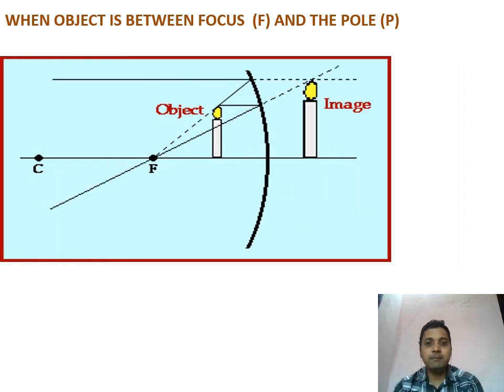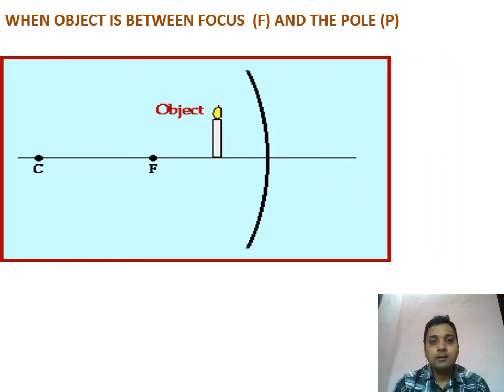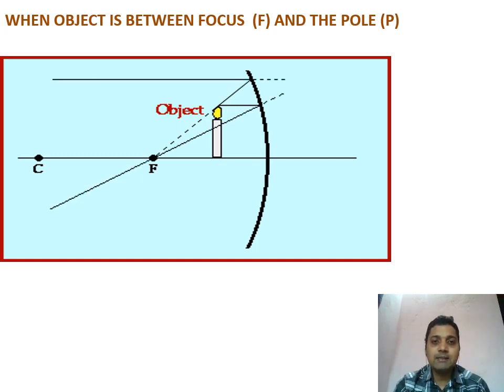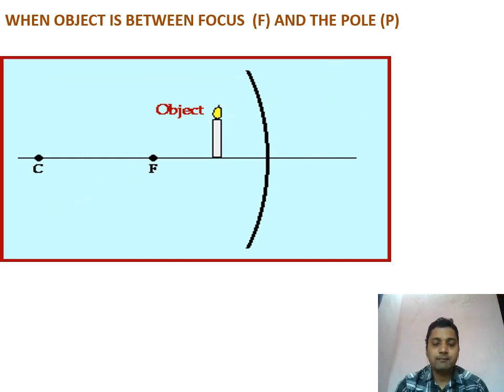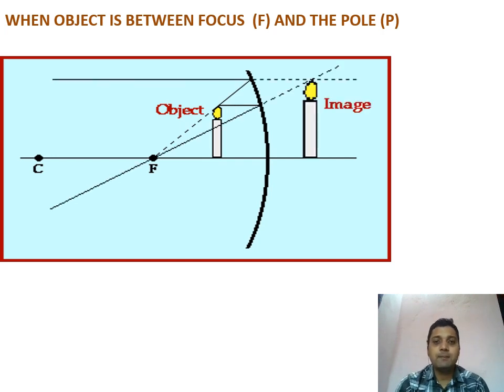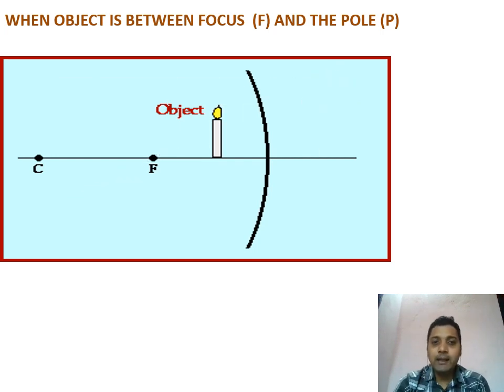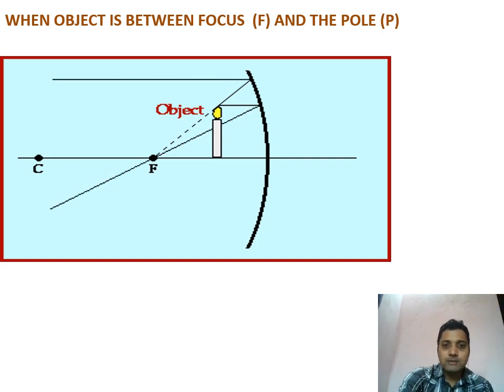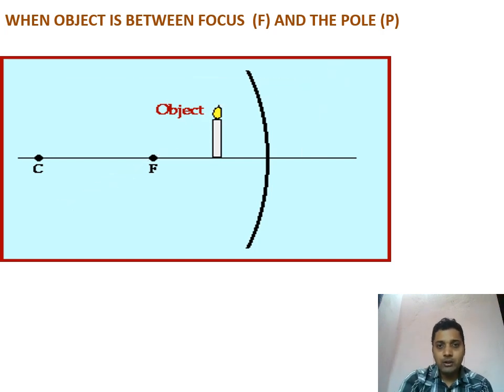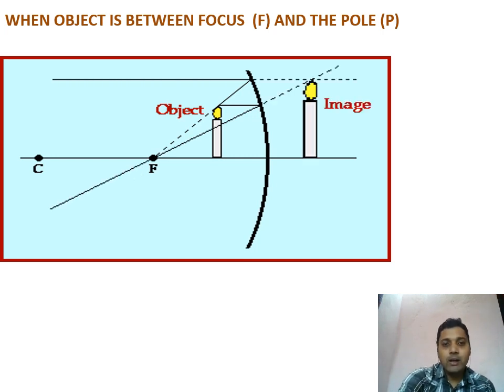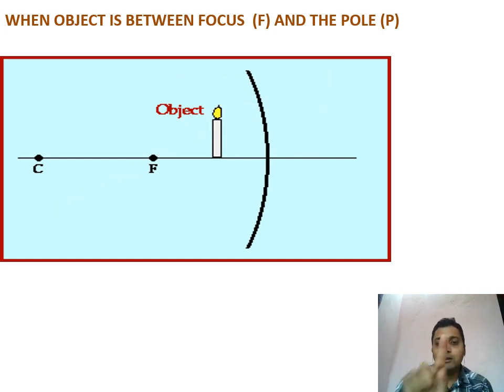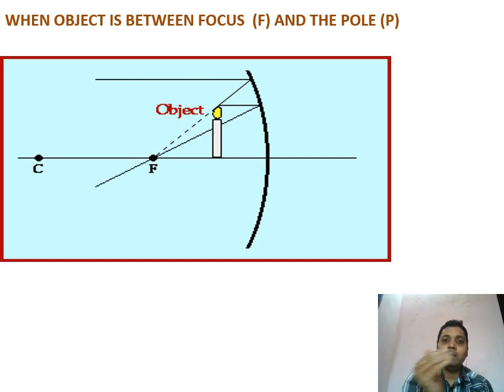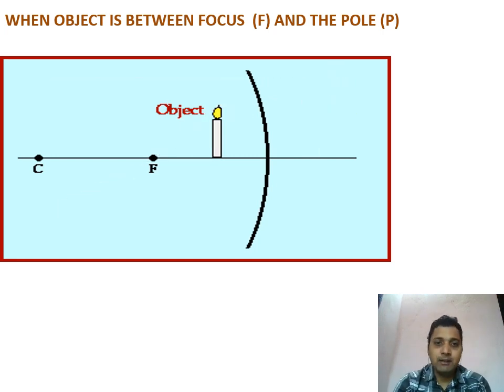Focus and mirror. First one again, a ray of light parallel to the principal axis passing through focus. Second, a ray of light passing through focus. This dotted line, if we look from the object to the mirror, is a straight line incident towards the focus, for that reason we have given the dotted line. So they become parallel to the principal axis after reflection because they will not actually meet.